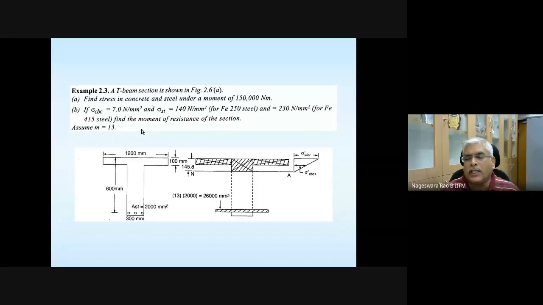Okay, any questions here? So now, here we have a T section. We don't need to worry about the shape of the section. The first thing we need to do is to find the neutral axis depth. To find the neutral axis depth, we need to take the moment of area in compression with respect to the neutral axis equated to the moment of area in tension. But here, this is in the form of a T, and my neutral axis depth depends on where the neutral axis is going to lie.